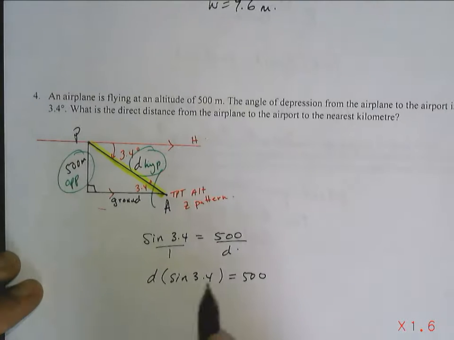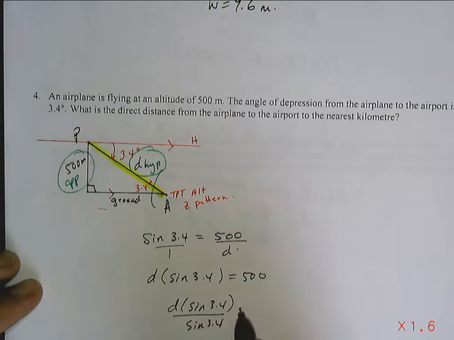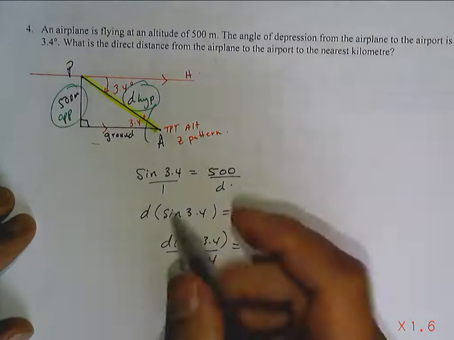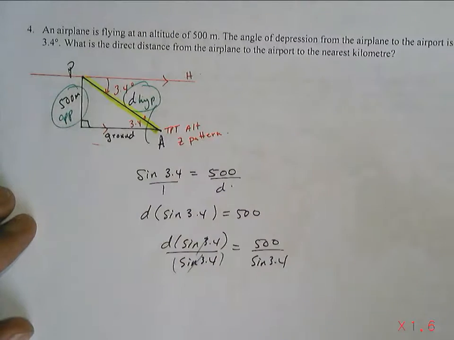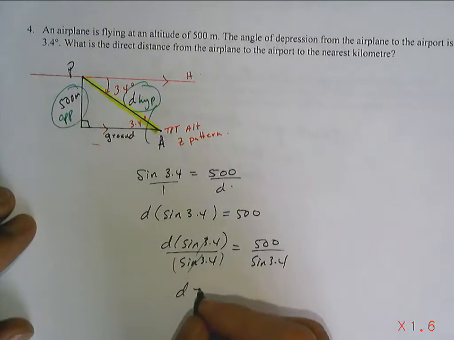We divide both sides by sine of 3.4. So that's, I'll show this one time today. I haven't shown it yet. But this is really what's happening. I divide both sides by sine of 3.4. That's just a decimal. And what's actually happening here is this one reduces it with the one above it, giving me